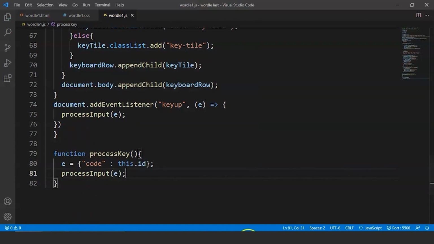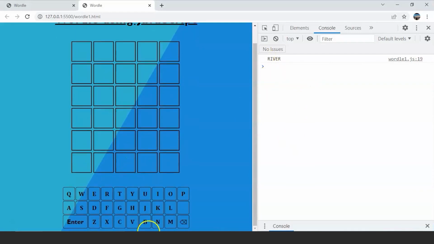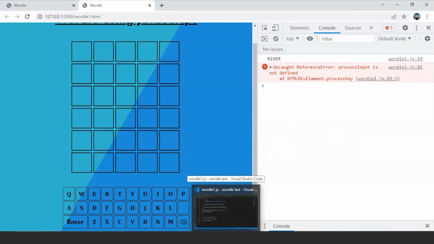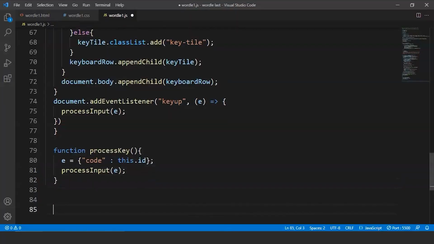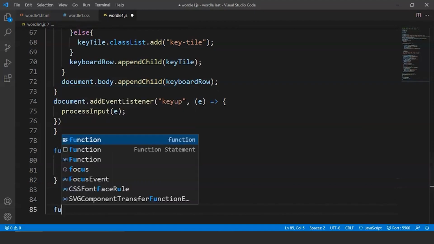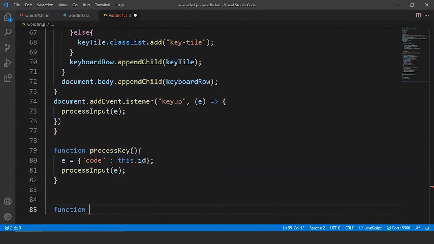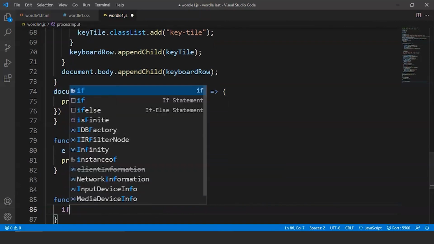So save this program, move back to the browser, and you can see now we have the keyboard over here. On clicking any key, it says processInput is not defined. So let's define it first, and then we'll see if the keyboard is working totally fine or not. For the processInput function, we have to write function processInput. We have to pass e as a parameter over here, and inside the function we'll write